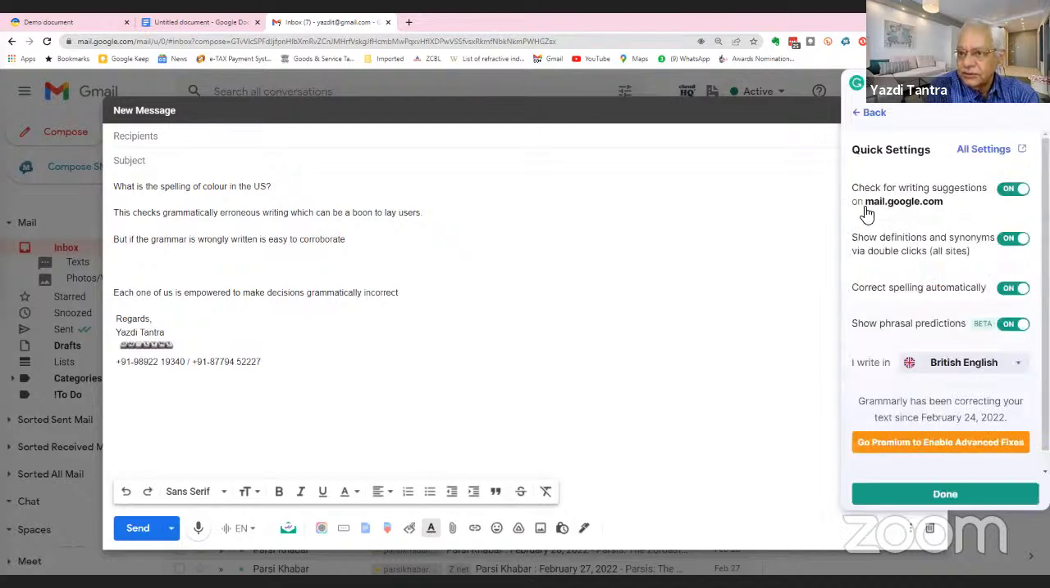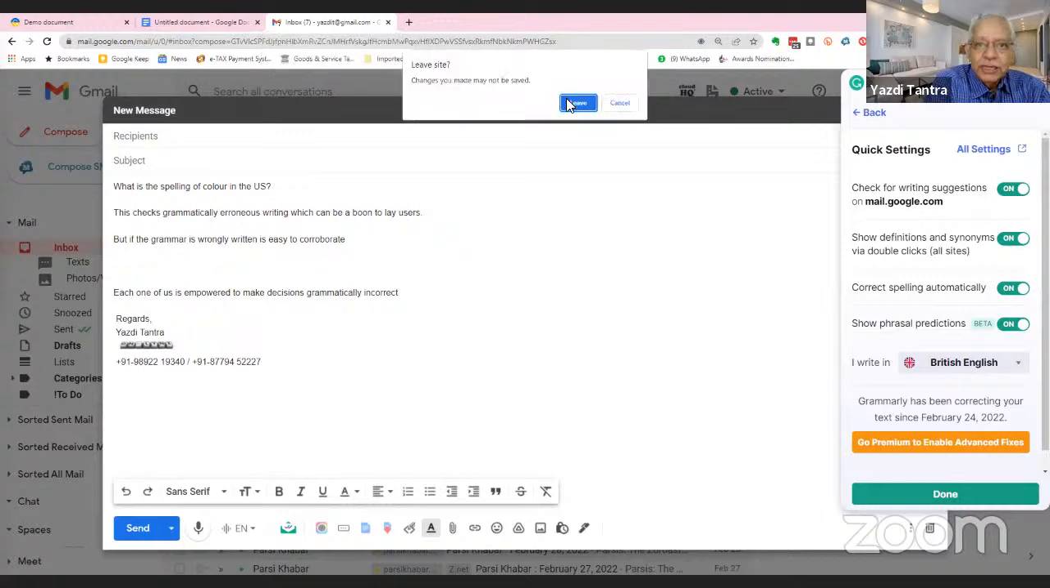There are a lot of settings. Correct spelling automatically, show phrasal predictions. I write in British English. This is where you change your American English, Australian English, and Canadian English. I don't know why they don't have Indian English. Okay. So there is a lot of options here. Are we clear about this? Very simple, but very useful to make changes. And automatically you can,